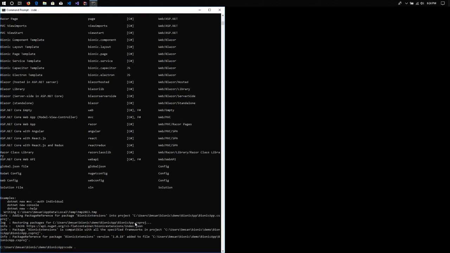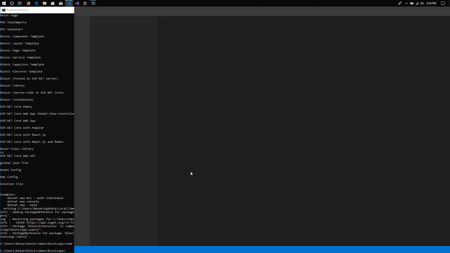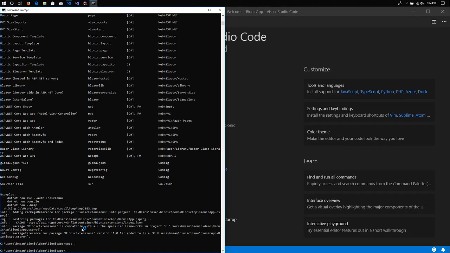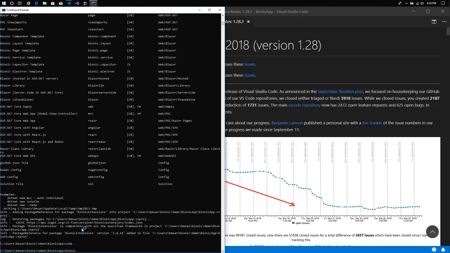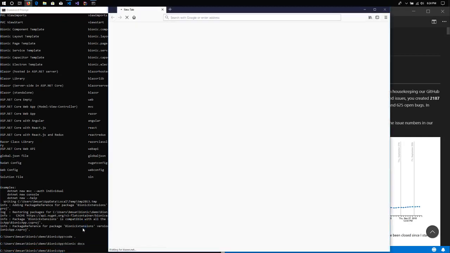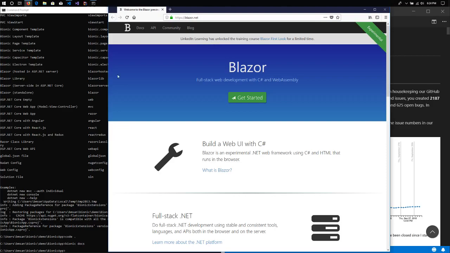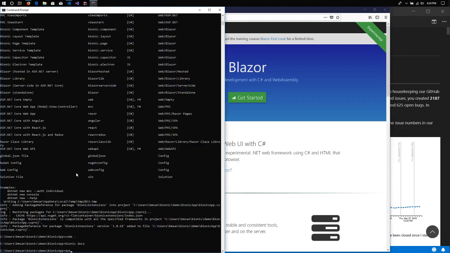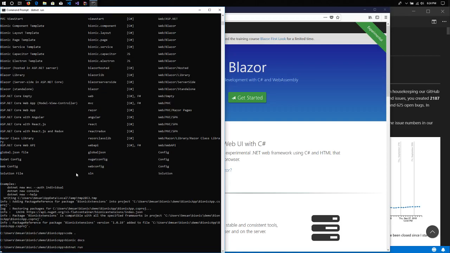Let's just open code here on the side. And you can also quickly reference the documentation if you need to. And if we do .NET run,